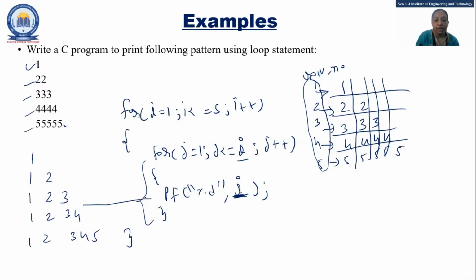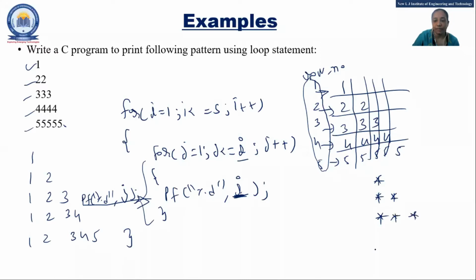Change only. Here there will be a change. I need to print what? Anyone? What should I print here? I should print a J, right? So we have seen right now only 2 examples, to print I and J. But sometimes it will be like this only. It may be like this, star, star, okay, like this.